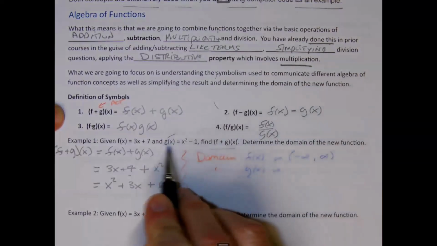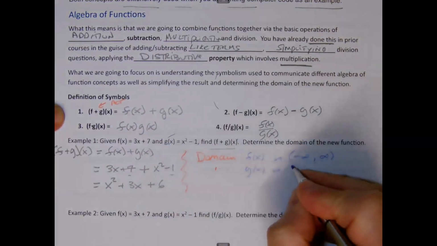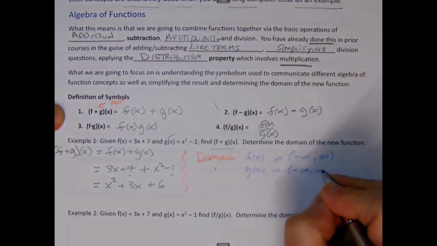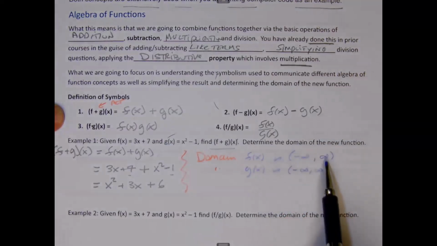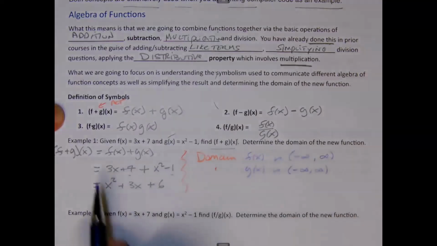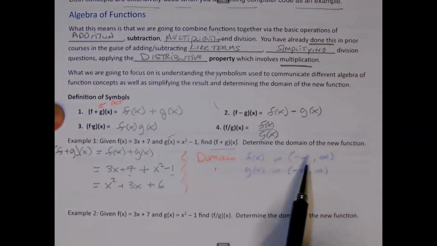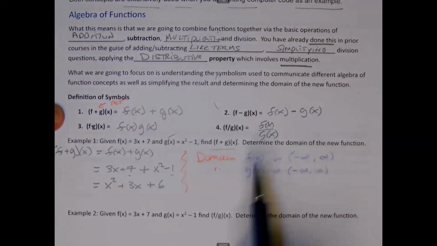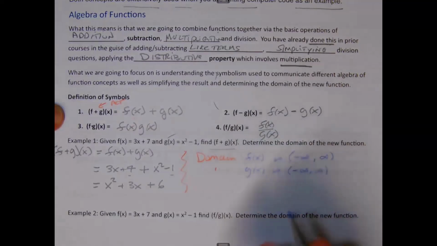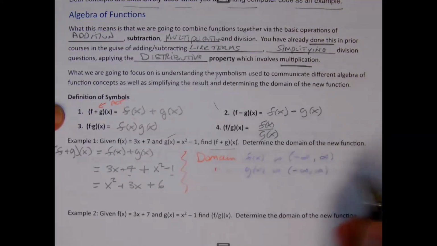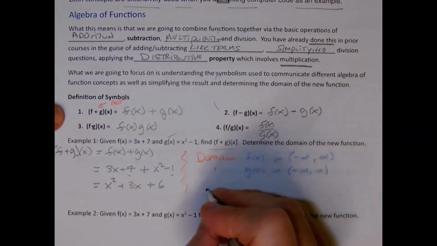And again, I have a quadratic here, x squared plus 1. And again, this is -infinity to infinity. Since there's no restrictions for either of these, then adding them together also has no restriction. What if this one had a restriction that wasn't everything? Then you take, again, what's common to both in this case, because you need both to be able to accept the input. But in this case, the domain of f of x plus g